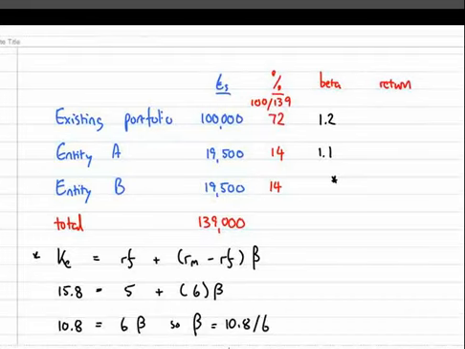So subtracting 5 from both sides and then dividing by 6, that gives me a beta factor of 10.8 divided by 6,